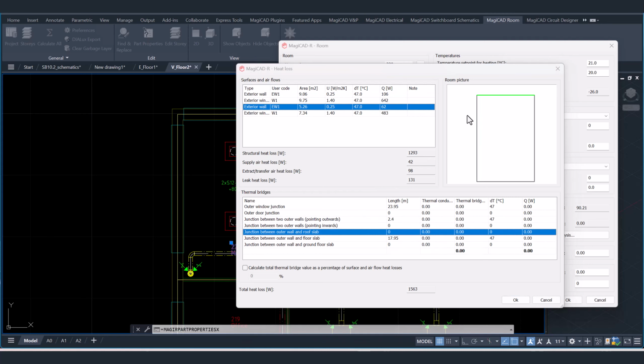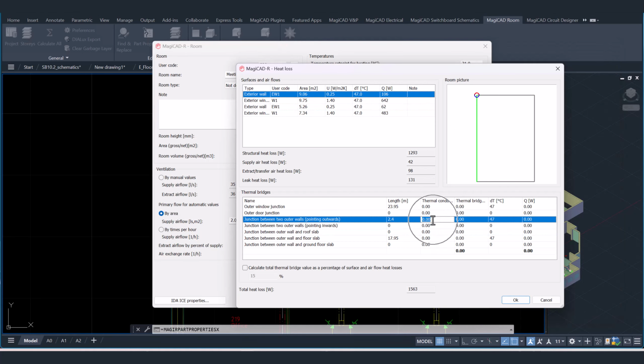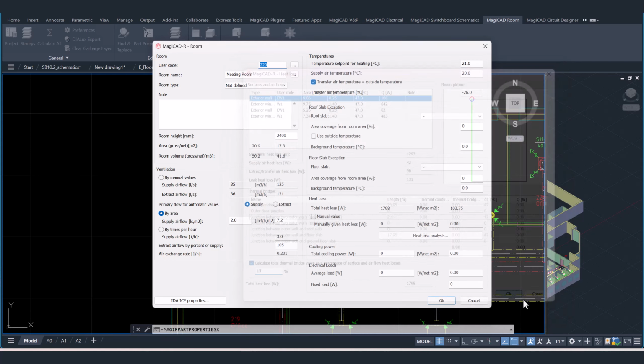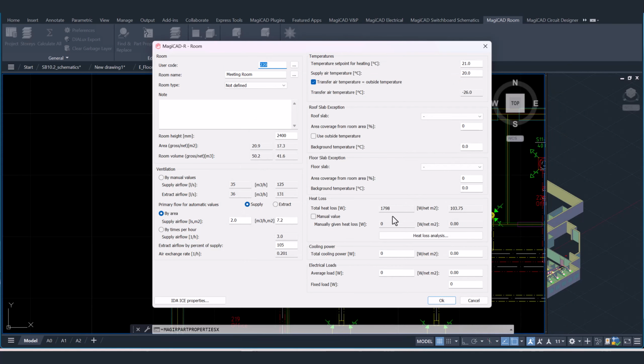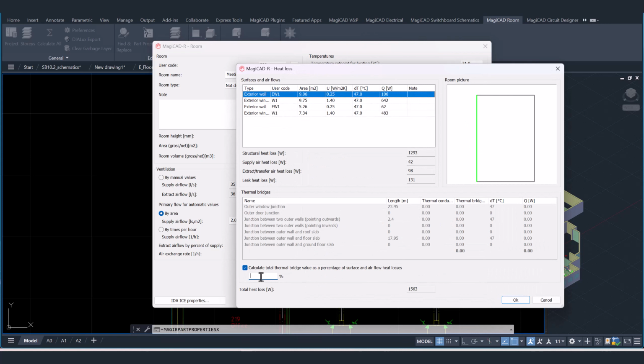The calculations can be done according to the National Building Code of Finland, or by using a set percentage of the existing heat losses as an approximate value for the thermal bridge heat loss. So you can assign the thermal conductivity here to calculate the heat losses. But also you can calculate total thermal bridge value as a percentage of surface and airflow heat losses. For example, if we take 15%, then the total heat loss will be 1798. But if it will be 40%, the value will be bigger,